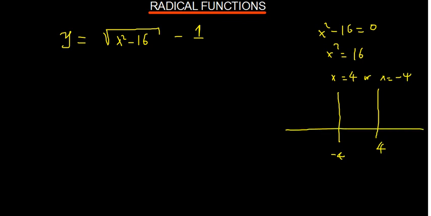What happens when you get a function x squared minus 16? You put any value smaller than negative 4, for example, negative 5. Negative 5 squared is positive 25, and 25 minus 16 gives you a positive value. This side will give you the same: 5 squared minus 16 will be positive. But in between it will be negative. For example, 0 squared minus 16 gives you a negative value. That means this function is going to be valid for values of x on the positive side and also on the negative side. So to sketch this function,